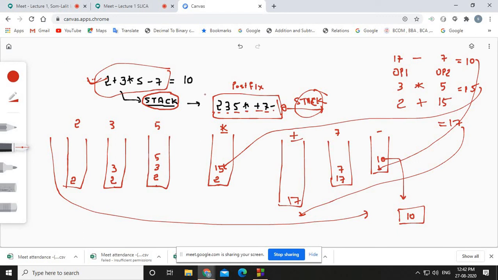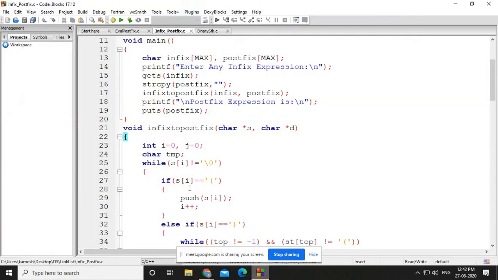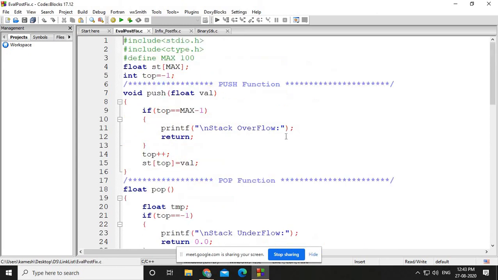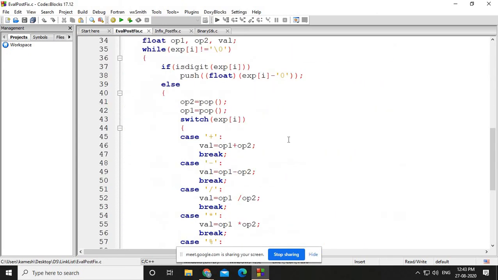How can we compute the answer? For that purpose you need to write another program, called evaluation of postfix, and I have that program here too.